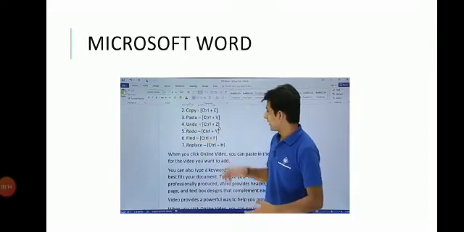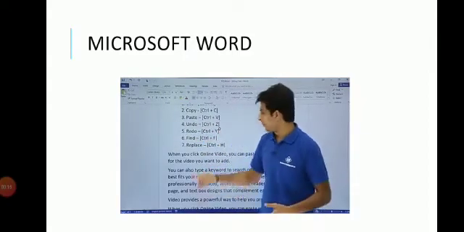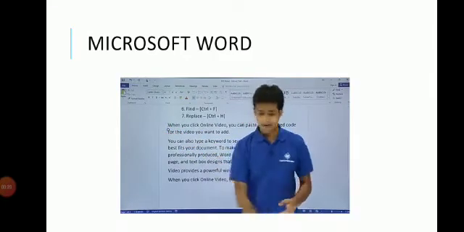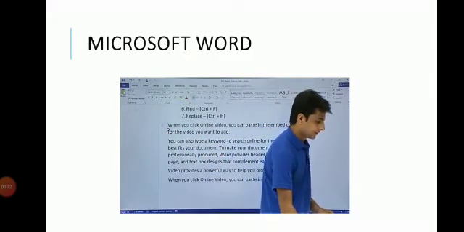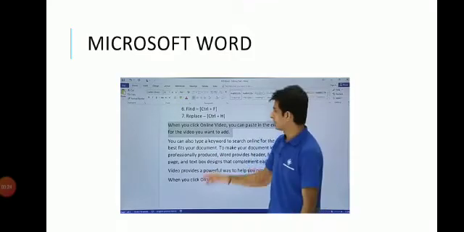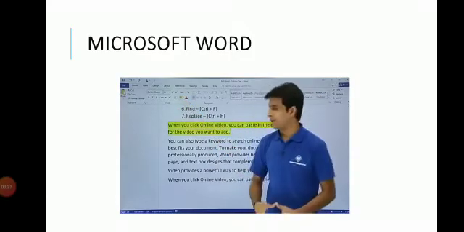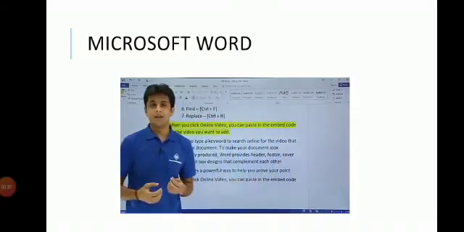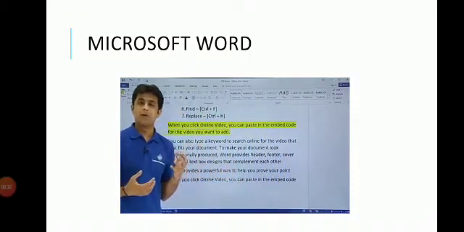Next is the undo and redo. What do undo and redo do? Suppose for example I select this line like this by using a mouse and I color the background yellow. The background I've colored as yellow. Now this action which I've done, I want to take it back or I want to reverse it.